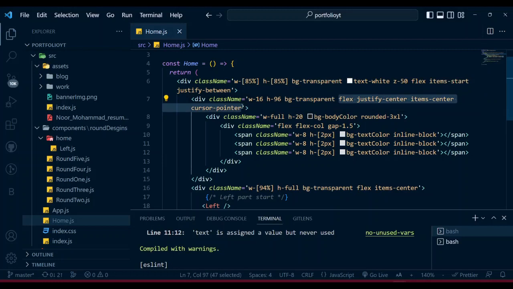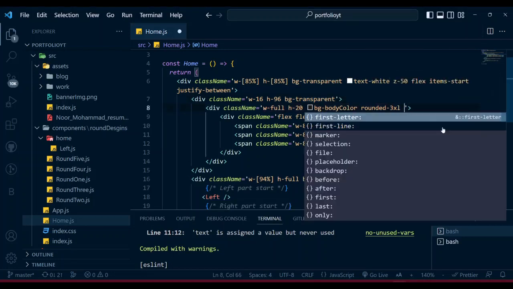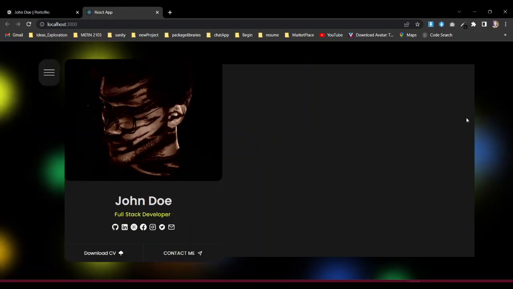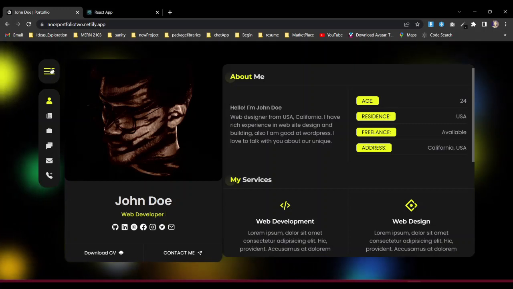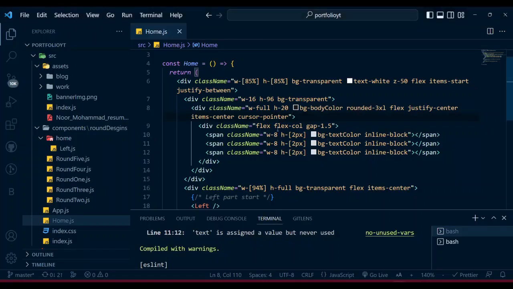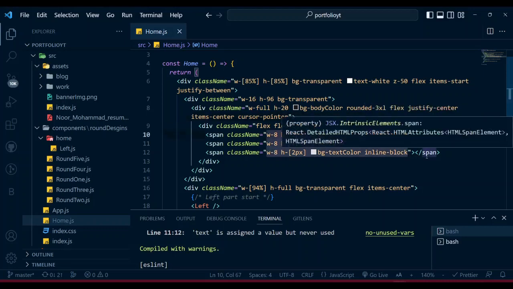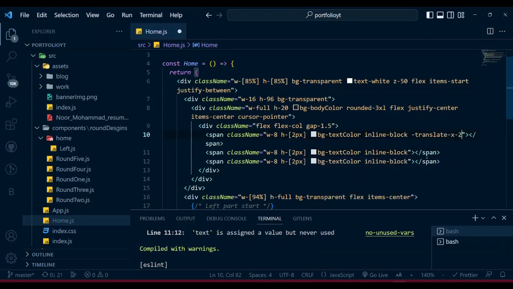We're gonna cut it from here because we are putting it in a wrong div. This div contains the thing, so we need to paste it here. If we save it, now see, now we need to create some translate transform so that it looks better. So first of all, in that div, let's introduce one thing. Initially I will make it minus translate x 2. Once we do that,